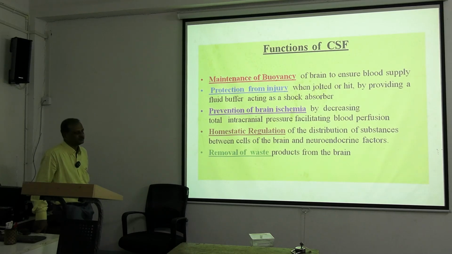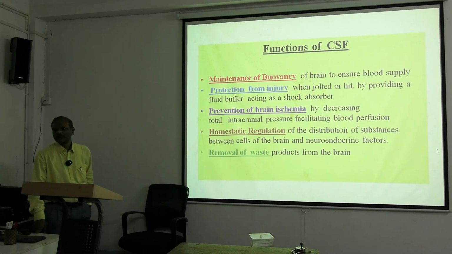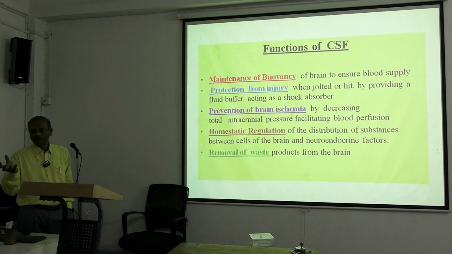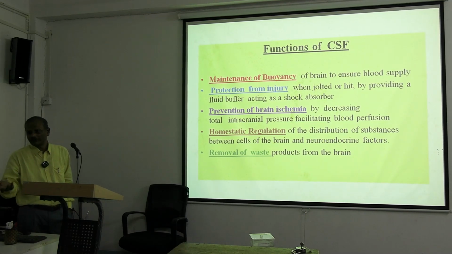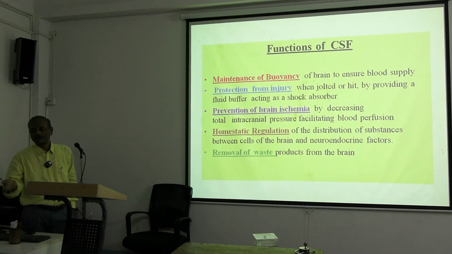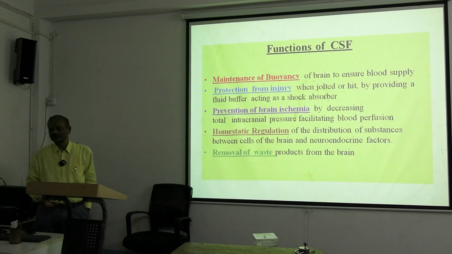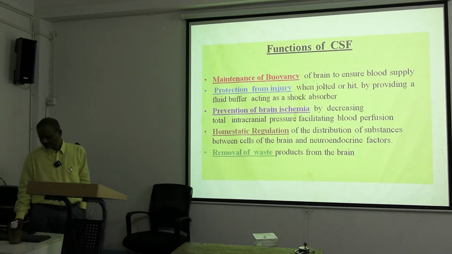Homeostatic regulation and removal of waste product. I was explaining that urine we are producing gets stored in the urinary bladder and we pass it, but there is no such system for the brain. So the removal of the waste product of the brain is also delivered into the CSF. That is the reason why CSF is required to be drained, because the brain also has metabolism. So where will it drain this metabolic waste product? Through the CSF itself, and that's why there is continuous formation of CSF and also drainage.